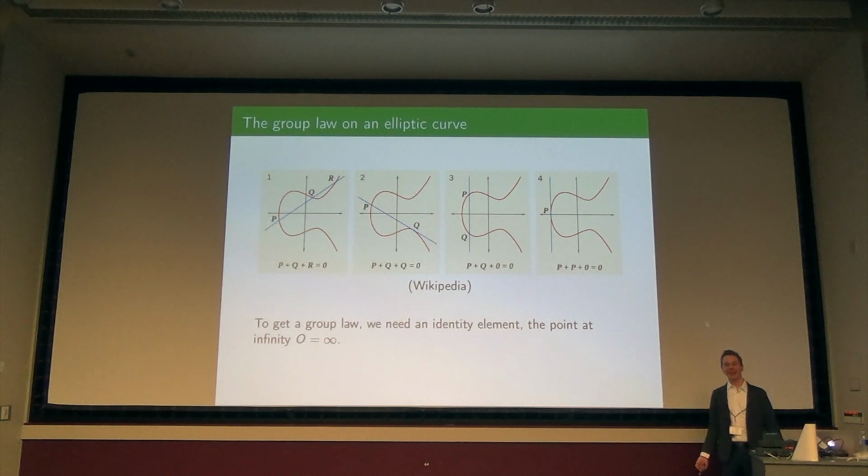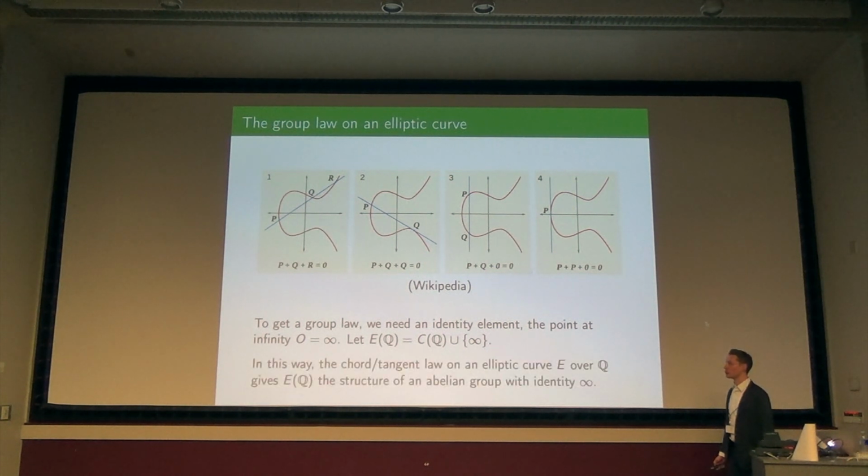It's a little weird to say P plus infinity equals P. So sometimes people want to write P plus O, but O is also used in other ways. But it's at infinity. Okay, anyway, it's the identity element, so we could call it whatever we want. But after that, I want to include that in my set of solutions. And the conclusion is that it's really an abelian group now. So it's not just a binary operation that takes two things and outputs another thing. It's really a group law. So it's associative is the main content here, in addition to having an identity.